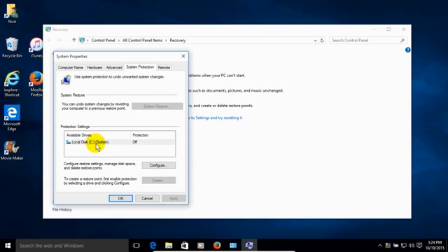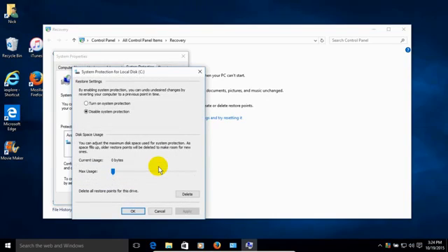That shows us that the System Restore is presently turned off, and we want to go ahead and enable it or turn it on by clicking on Configure. And once we have this window open, up top we have two options. Presently it's disabled, and we want to go ahead and click on Turn on System Protection, and that'll enable restore at this point. And then we can go down below here and allocate as much disk space as we like